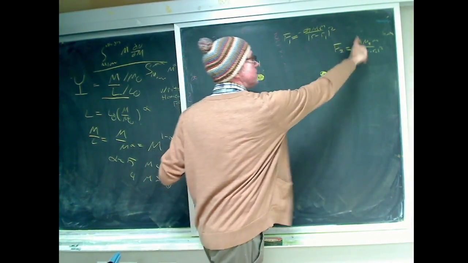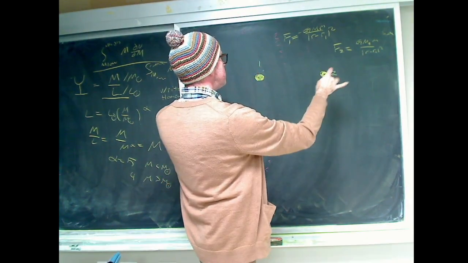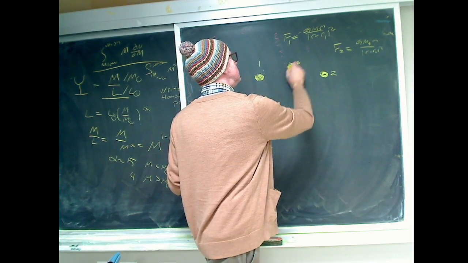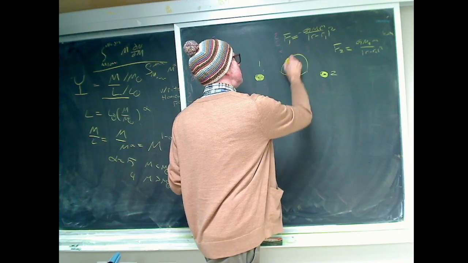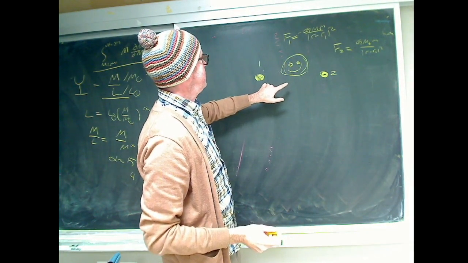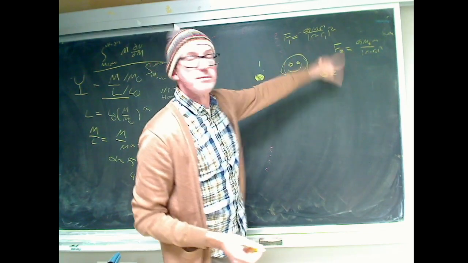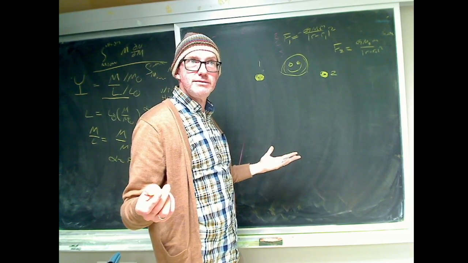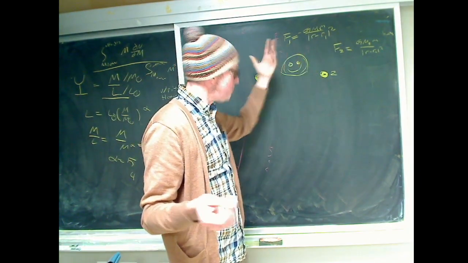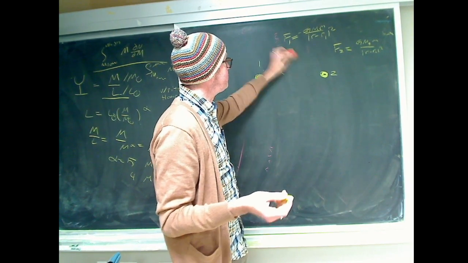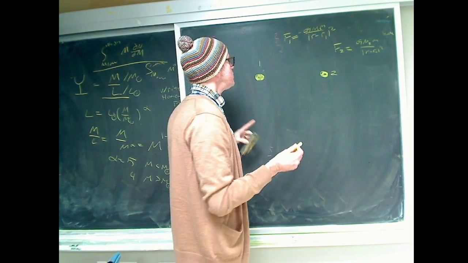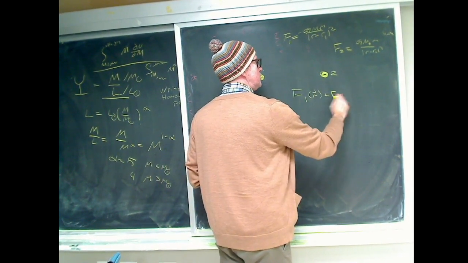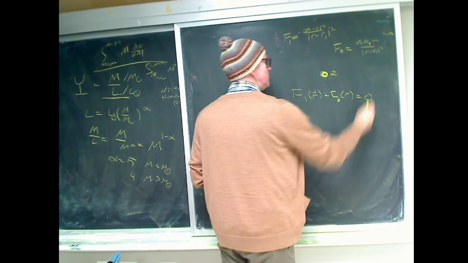So the force from 2 is going to be like this, different mass, different radius, but we've got this balance of forces. And the force that I'm going to feel, this is me in my space helmet. I'm between these two guys. It's going to be the sum of these two forces, right? So which direction am I going to go? Am I going to go towards this one or this one? Well, it depends on which direction the net force actually is. So if we draw a surface where F1 of r plus F2 of r equals 0,